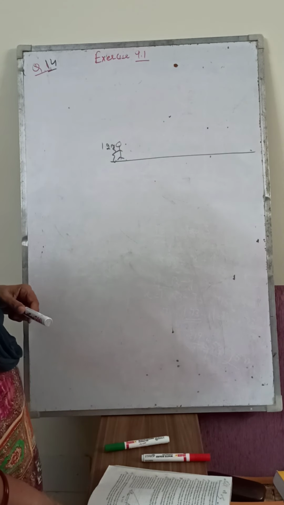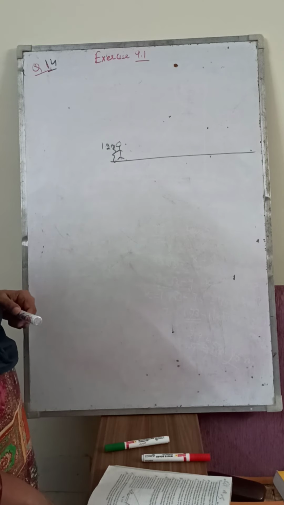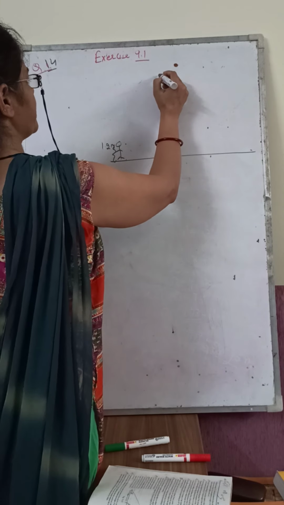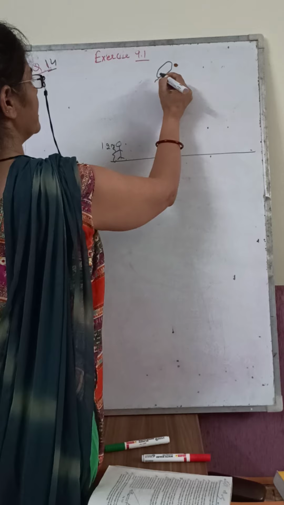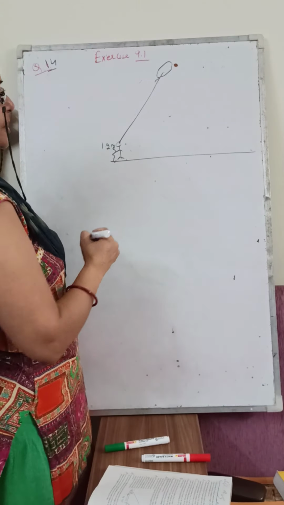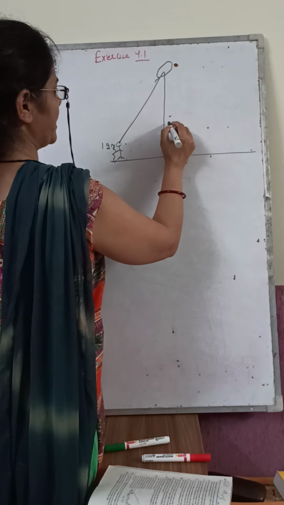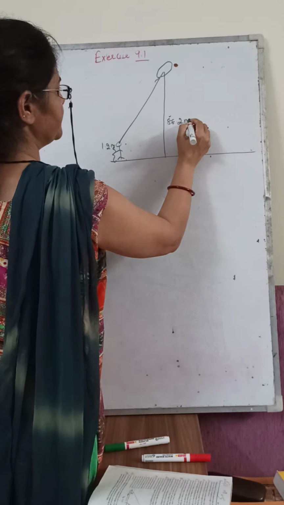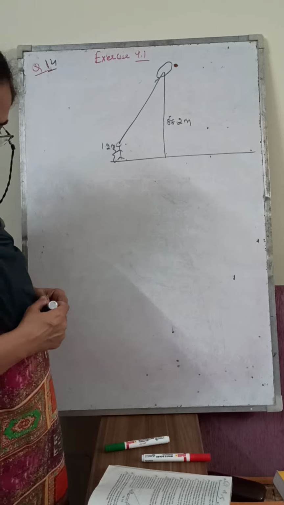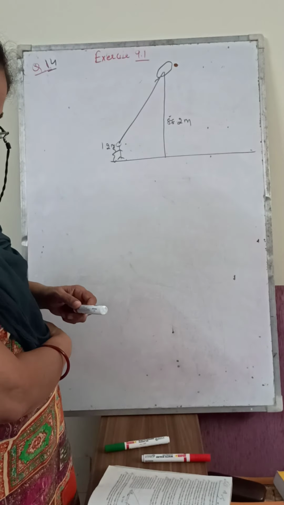She spots a balloon moving with the wind in a horizontal line at a height of 88.2 meter. Now suppose here we have a balloon, and she watches this balloon, and this balloon height is 88.2 meter. Clear? Now, the angle of elevation of the balloon from the eyes of the girl at any instant is